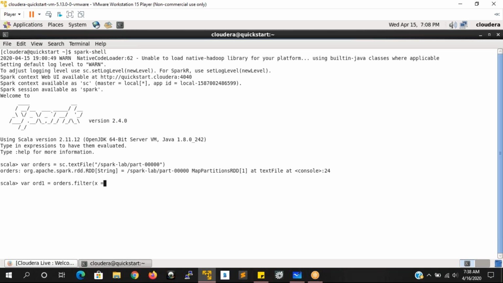So filter x implies x dot contains "PROCESSING". So we are going to get only the orders which are in processing. Those we are filtering here.